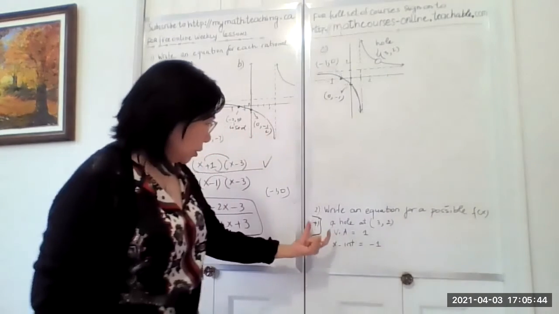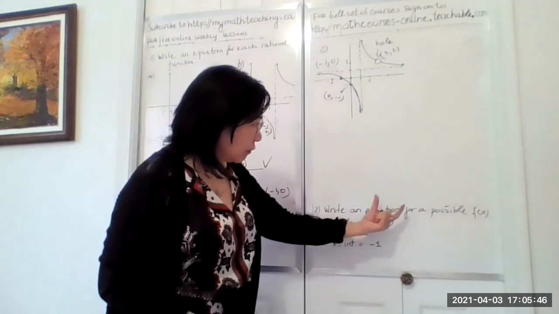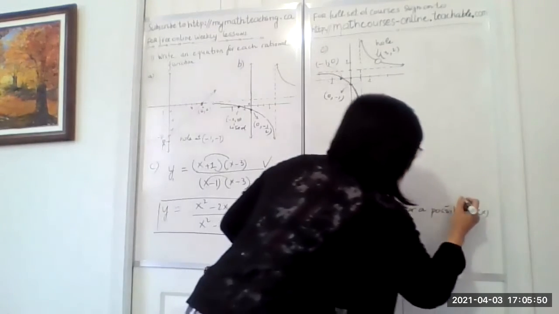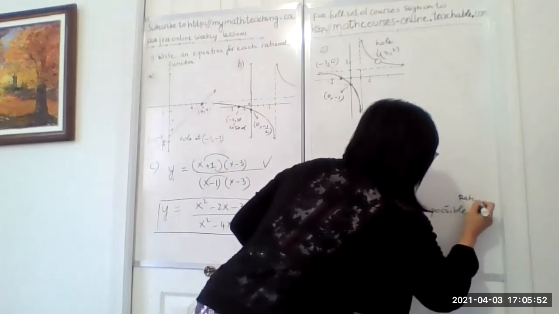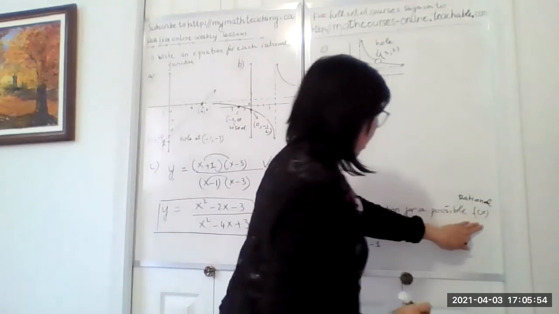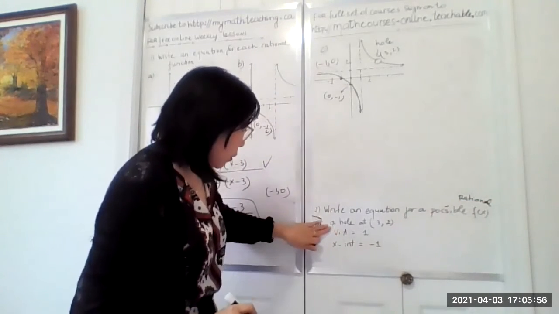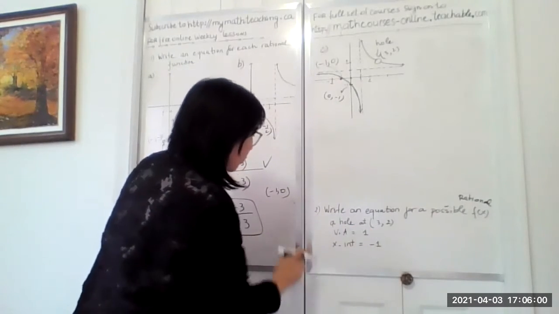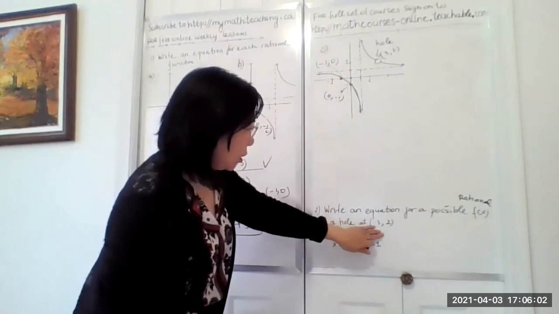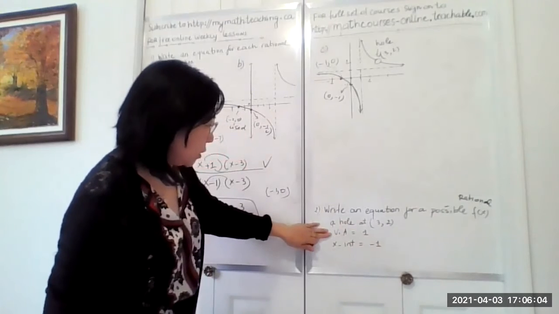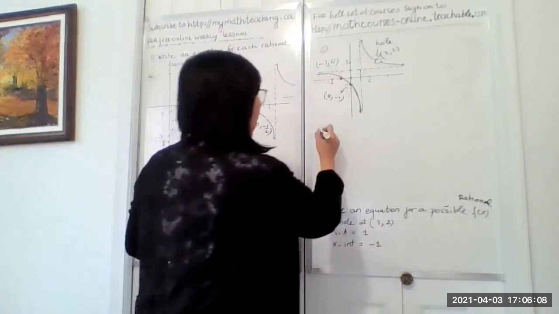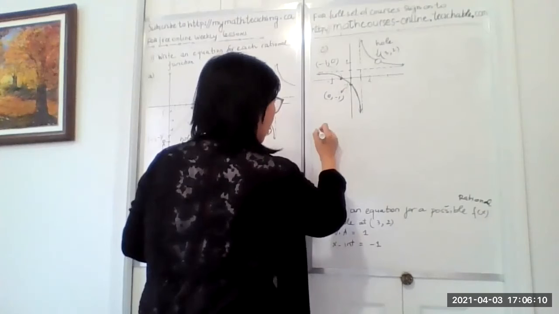So our last question says, write an equation for a possible f of x rational function, right? It should be rational. f of x has a hole at (3, 2), vertical asymptote equal 1, x-intercept equal -1. Okay, so our function will be f